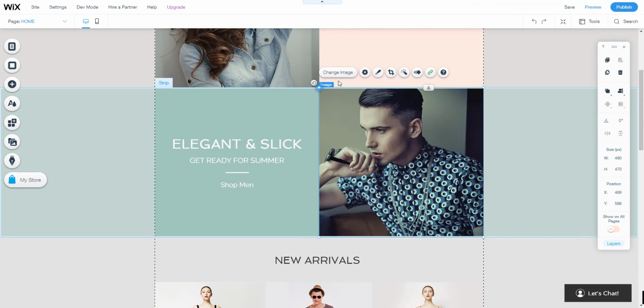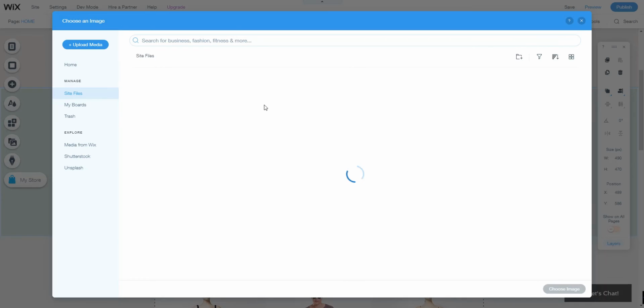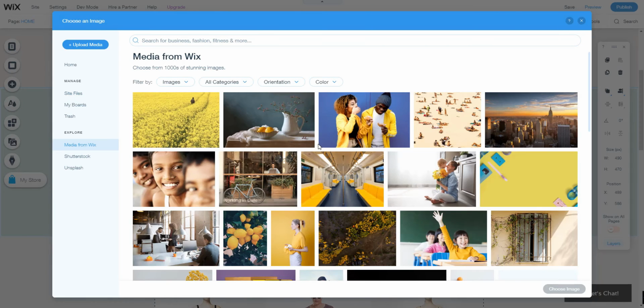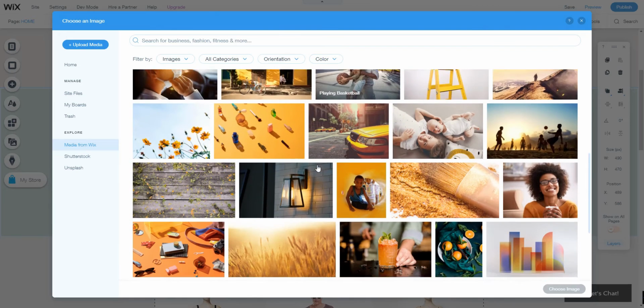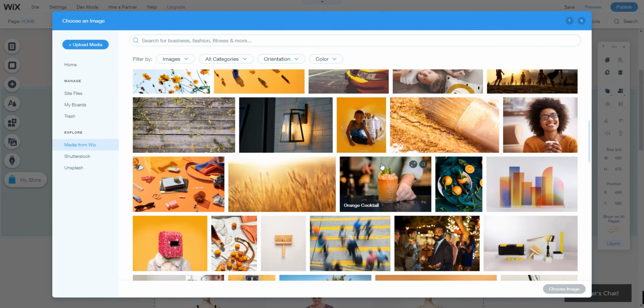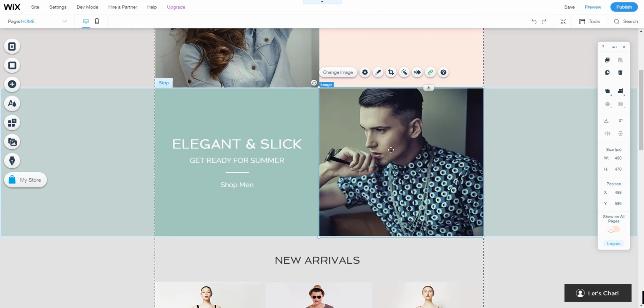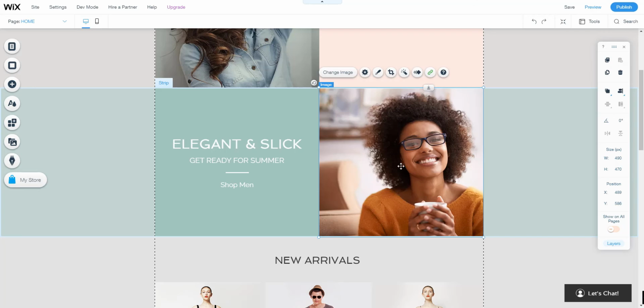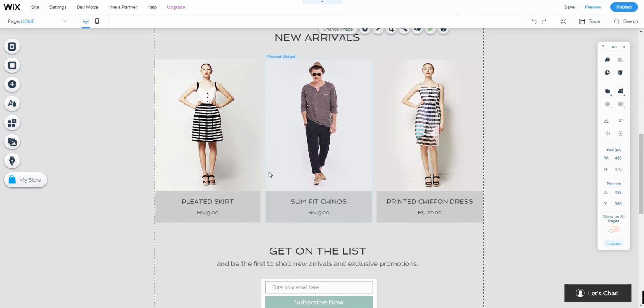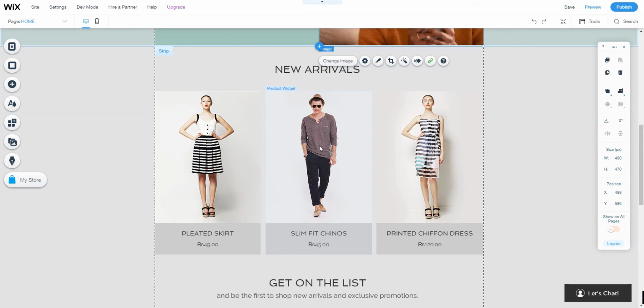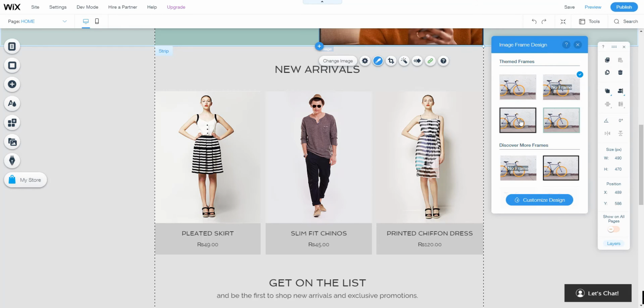If you want to change the image, click on this and media from Wix, and as you can see there are a lot of free images that you can choose. Click on here, smiling girl, choose image, and it is here. You can completely redesign as you want. So you can try other options like this one. Click on design, and as you can see it offers